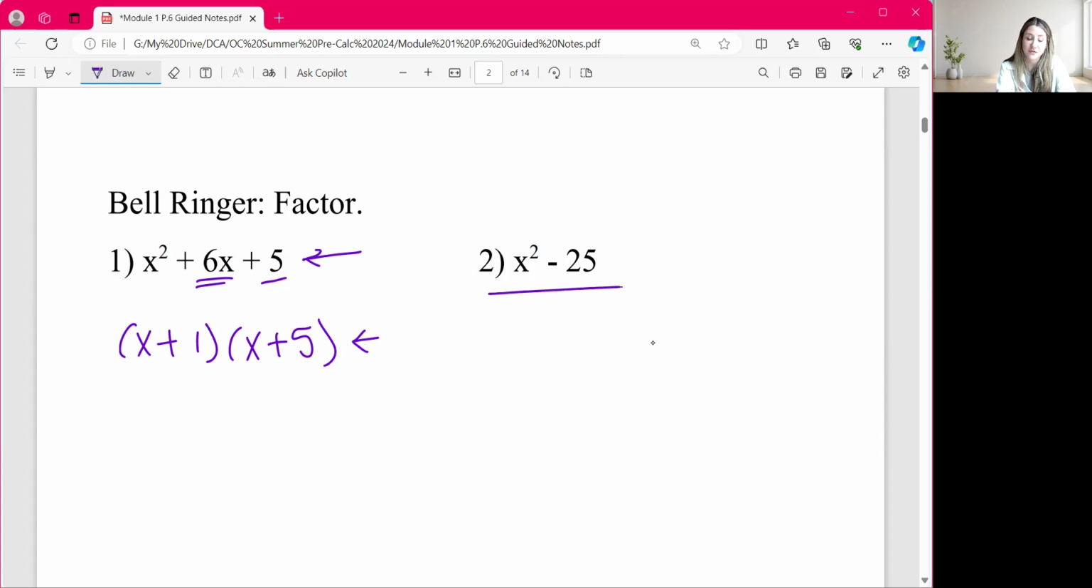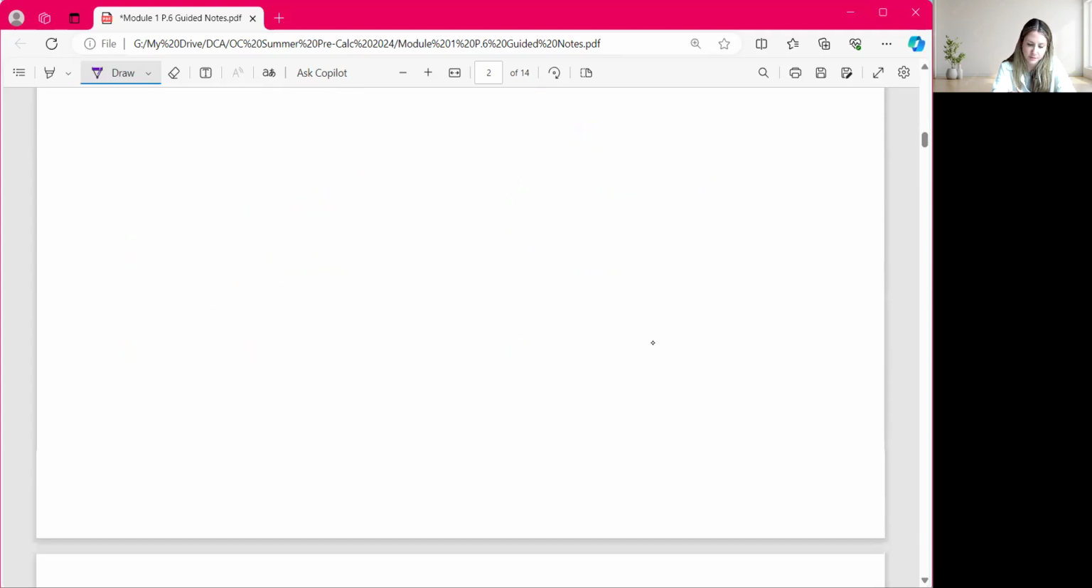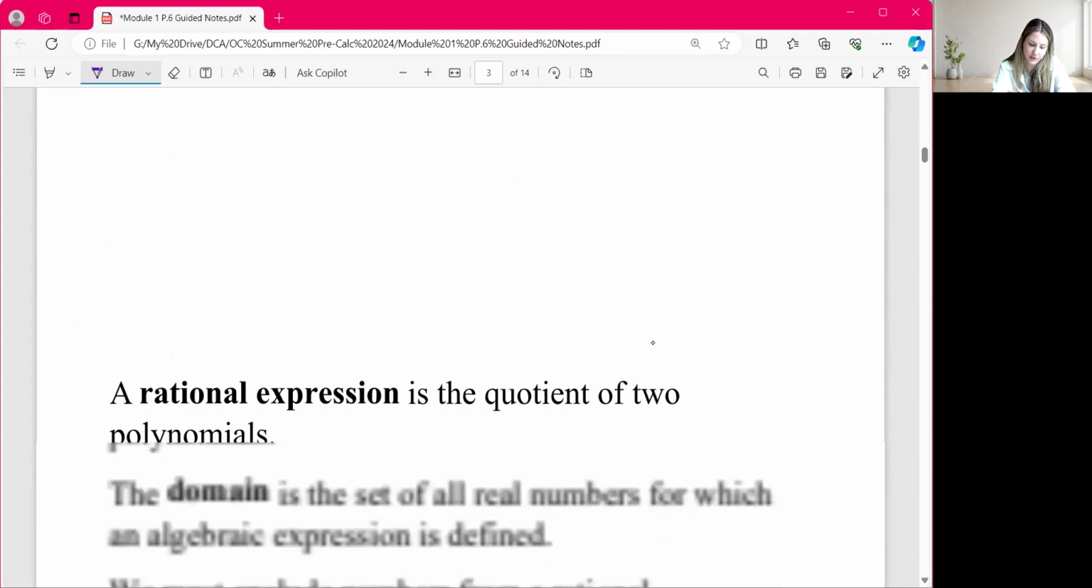We have a difference of squares here. If you remember, a difference of squares only happens when we're subtracting two perfect squares. We know right away it's going to be x plus 5 and x minus 5 because 25 is a perfect square. The square root of 25 is going to be 5, and the square root of x squared is x. Okay, so let's check out